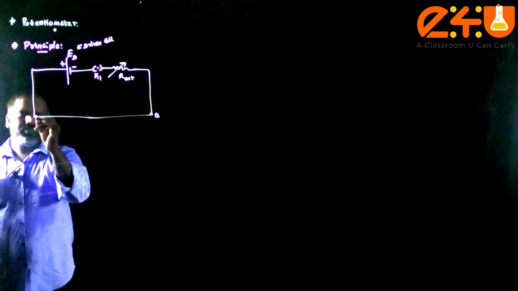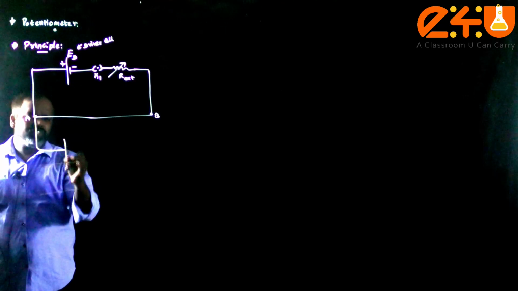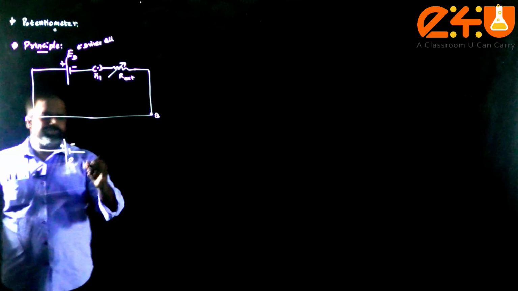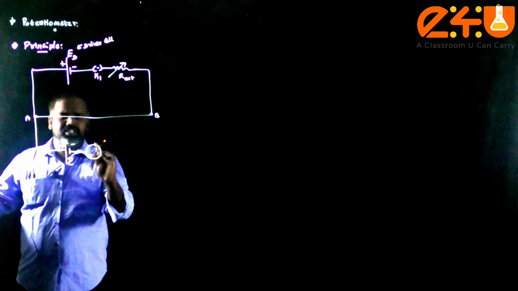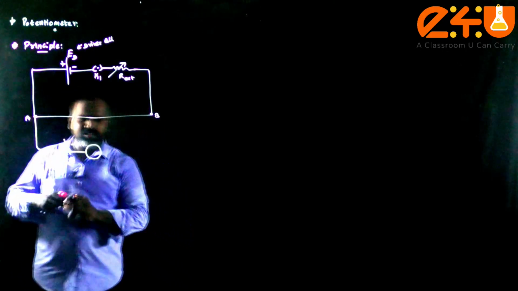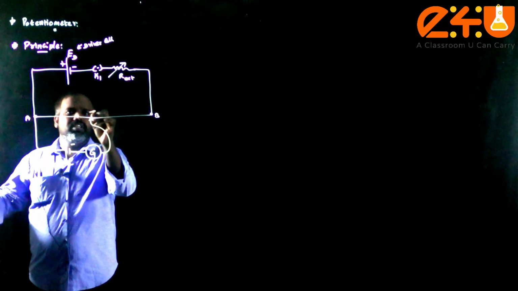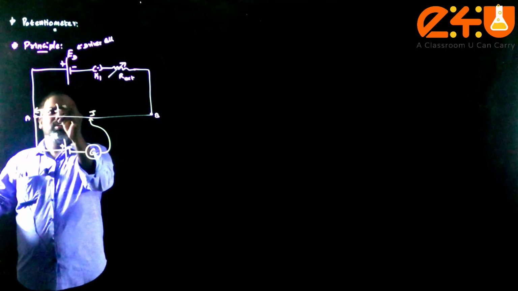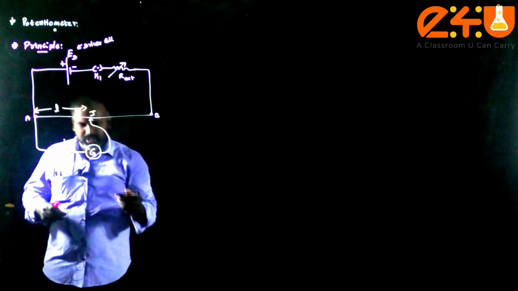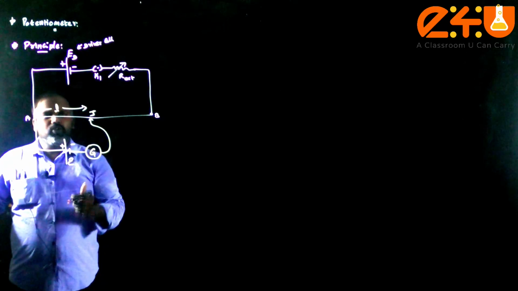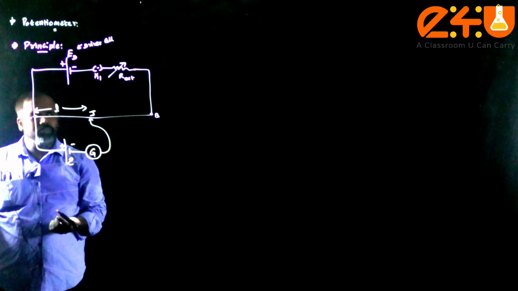Now you just see that some cell of EMF E is connected here, and there will be another key, or you can directly use G. For the principle part I am drawing this diagram, so you just see the portion AJ is called the balancing length. As we discussed earlier, the balancing length is nothing but the length when the galvanometer deflection is 0. Now you please see that when the position of the jockey is adjusted over the potentiometer wire AB,